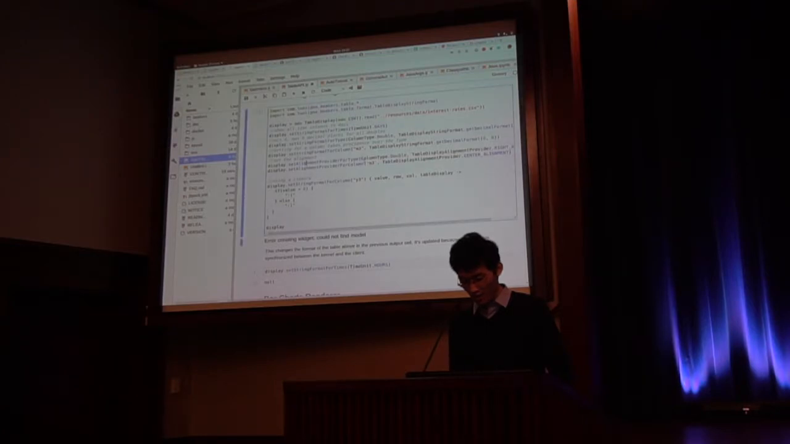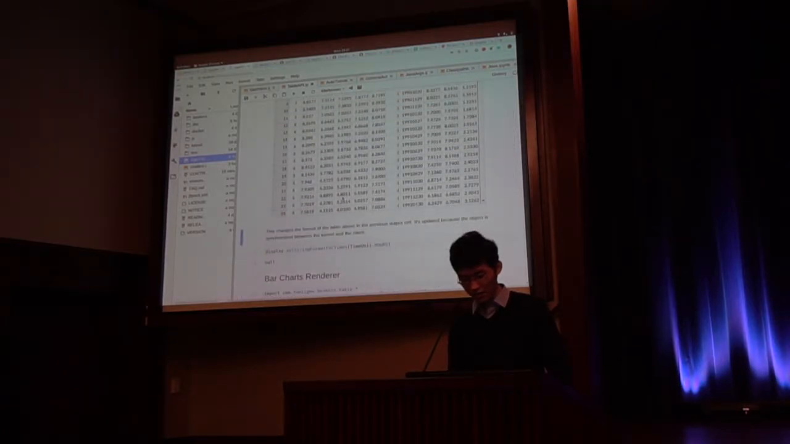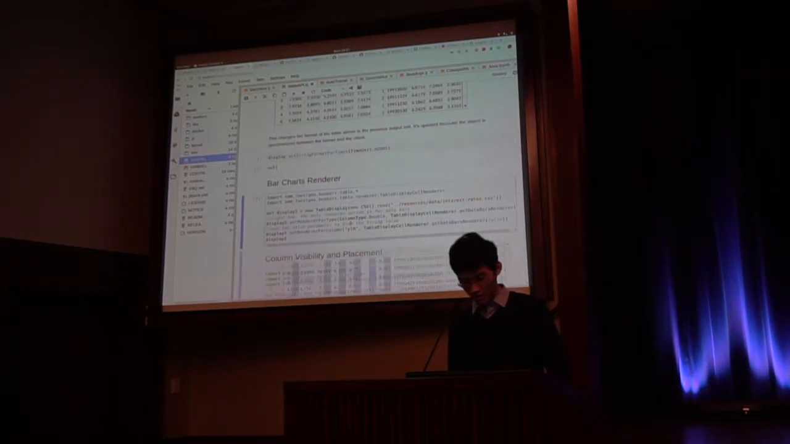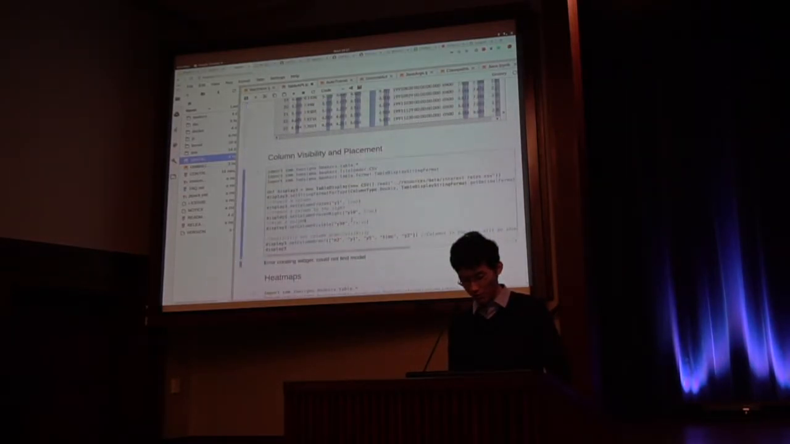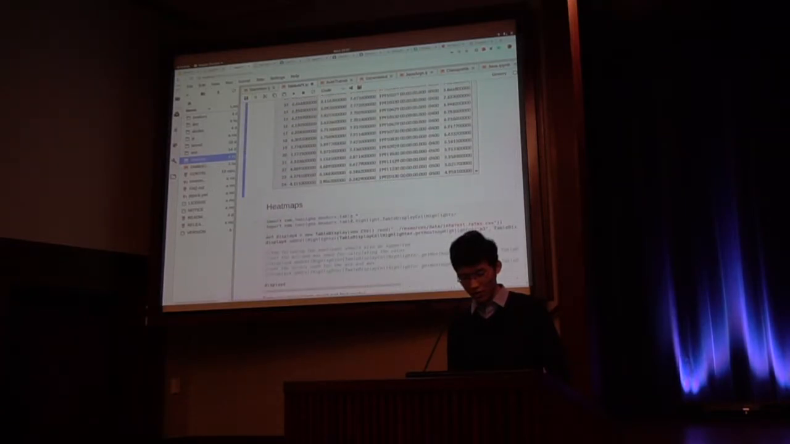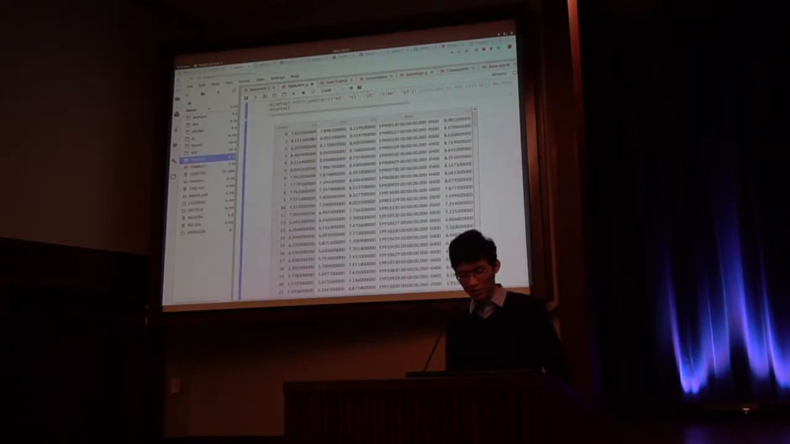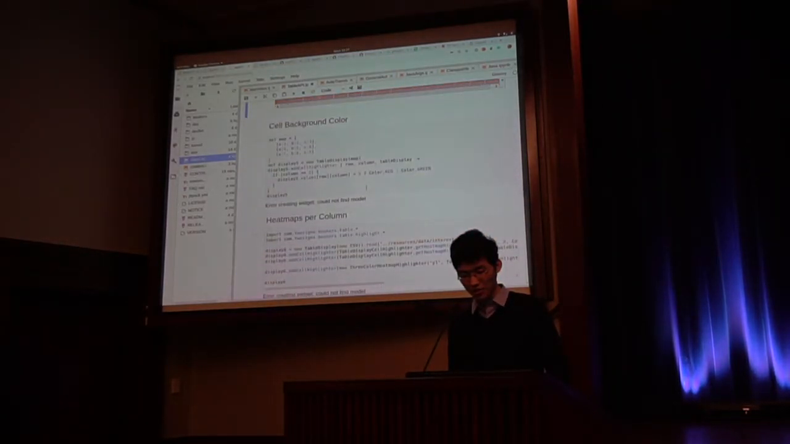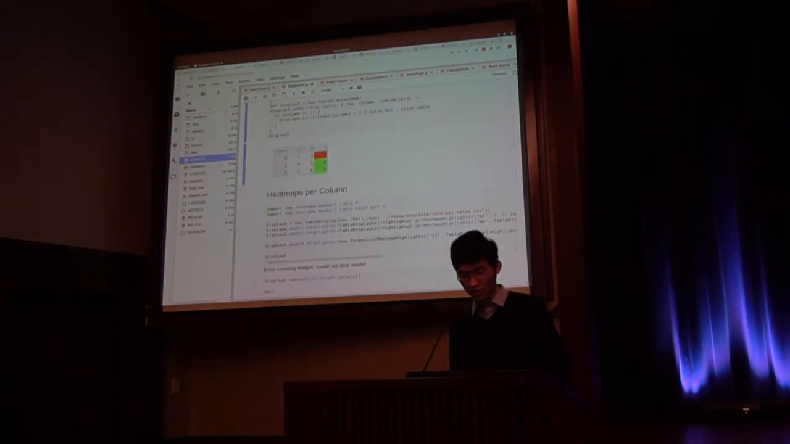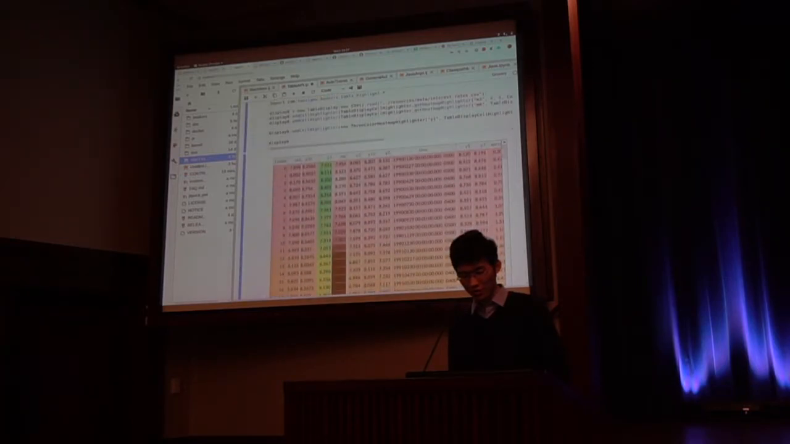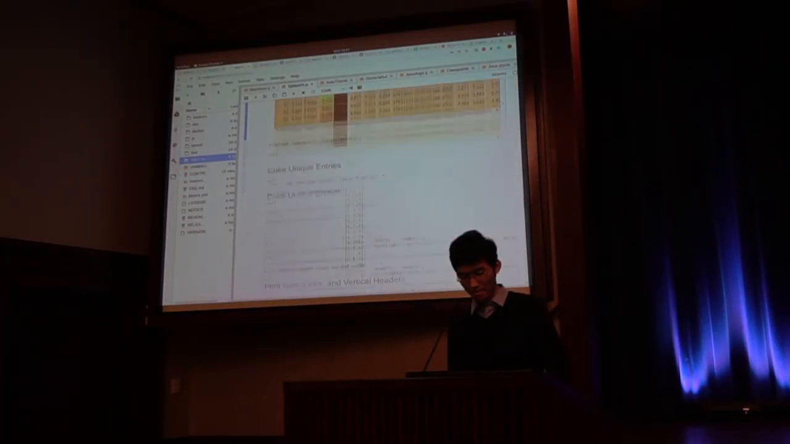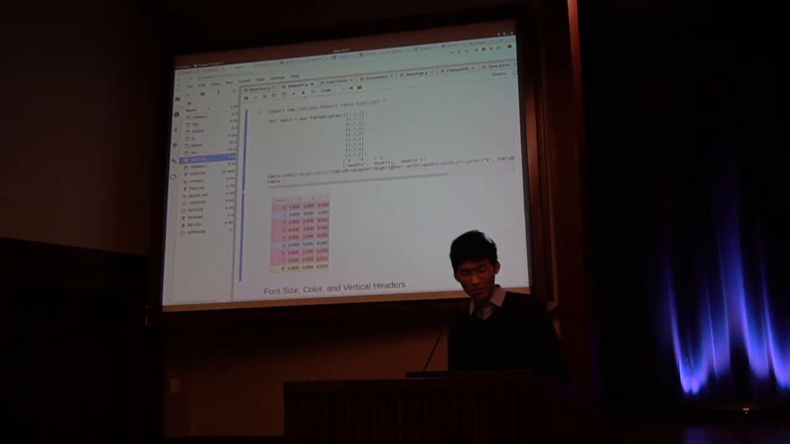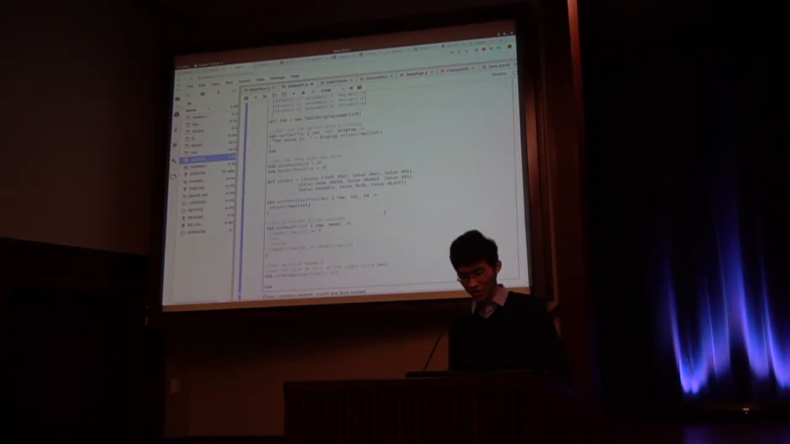It also has other stuff like showing different times. I'll just run them one by one. So this is fixing a column to the left and setting the precisions. This is having heat maps in the table. This is having different colors, heat maps per column, and unique coloring by unique values. Change font size,